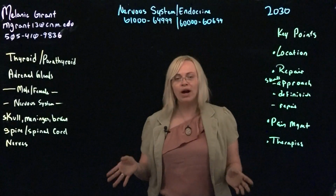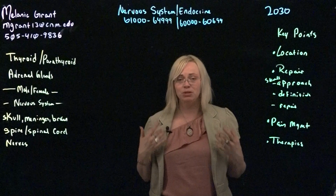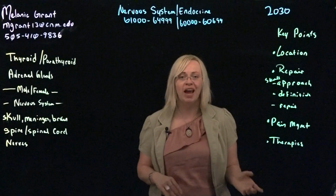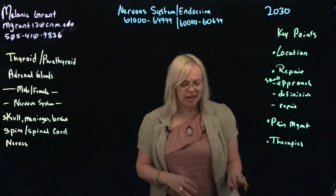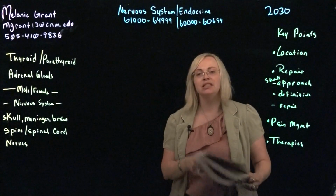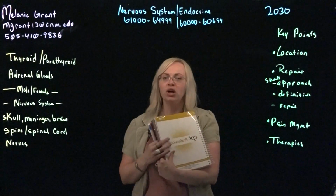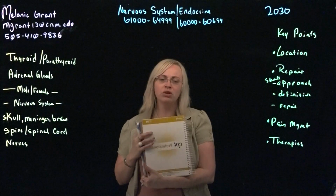So depending on where you're at, it's very important to identify the location of the particular condition the patient has and where we are for the procedure itself. In your CPT code book, I have with me a 2019 CPT Professional Edition. You may have a different one, and if you do, that's okay. But in most of your code books, you will